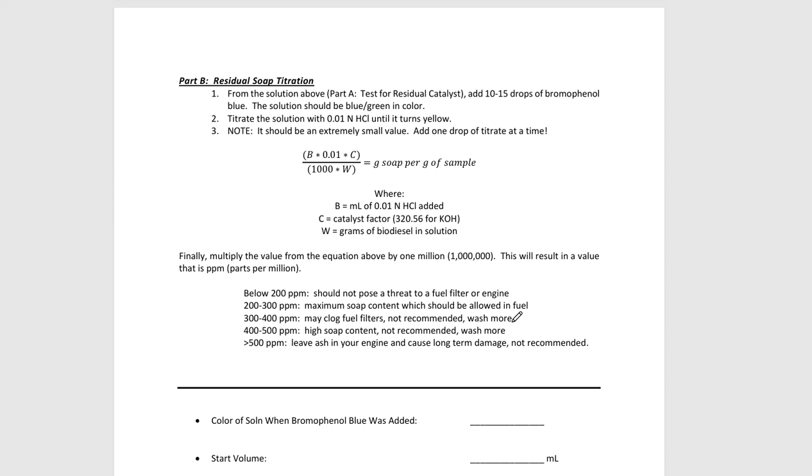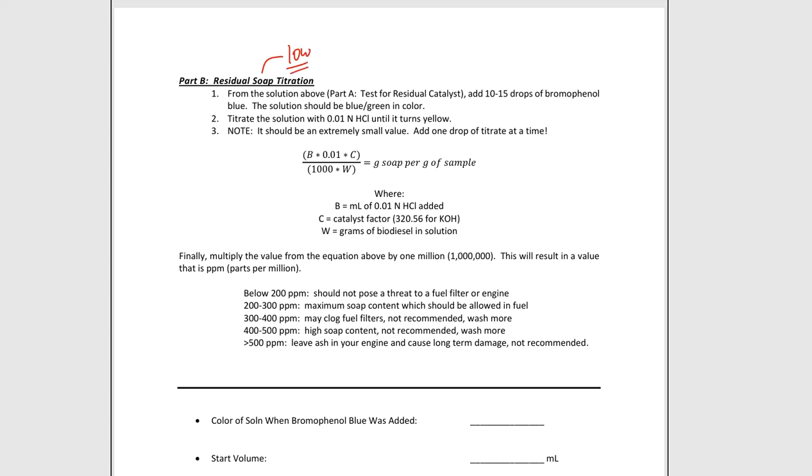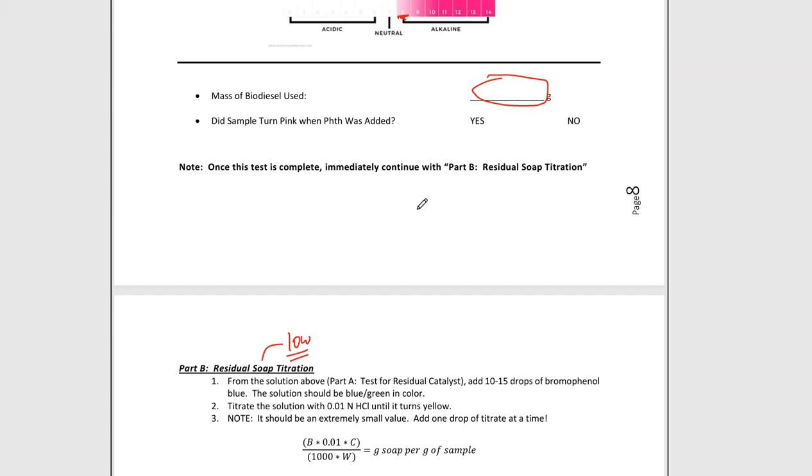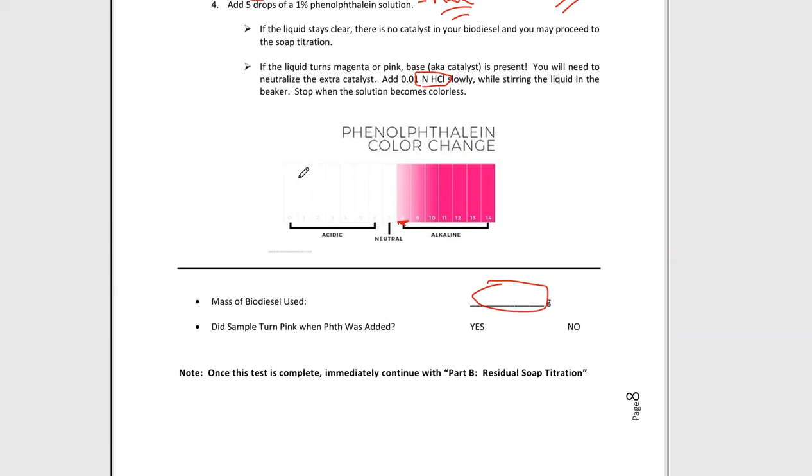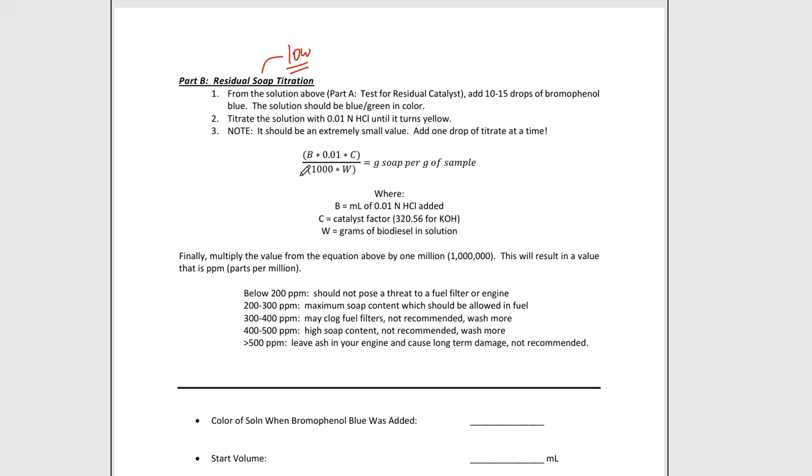All right, so for the residual soap, this is something that we would regard as a contaminant that should not be present. So therefore, the soap amount should have a very low value. All right, so if I go back up to the top of this test, it says if made with potassium hydroxide, it should be less than 66 parts per million. That is the answer or the number that I should get, or lower. So that is the purpose of part B. So part A was just a check to make sure no KOH is actually going to interfere here. And then part B is specifically for soap, which could also act in a strange way through the reaction